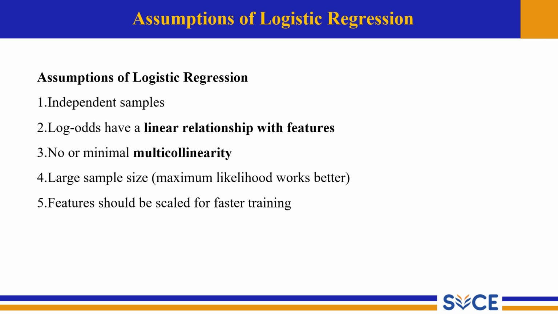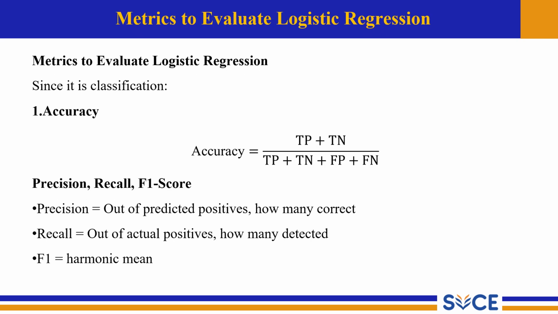Metrics to evaluate logistic regression. So the first one is accuracy, for classification. Accuracy measures how many predictions the model got correct overall. It is defined as accuracy equals TP plus TN divided by TP plus TN plus FP plus FN. While accuracy is simple and useful, it may be misleading